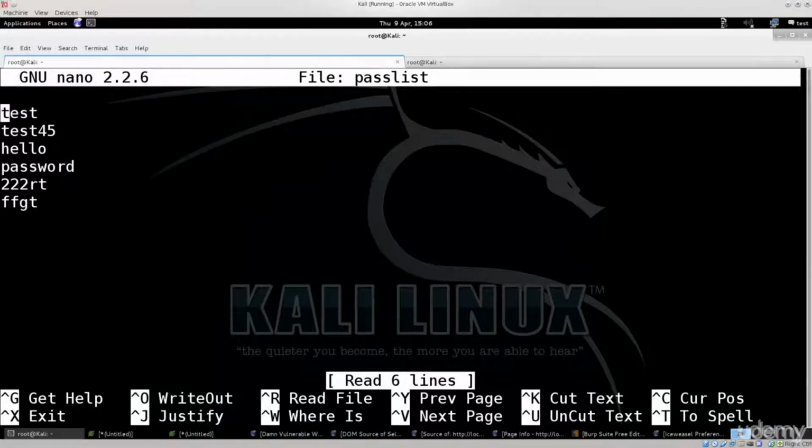Well, Hydra is notorious for not doing what you intended it to do. I mean, the tool does function, the tool is properly coded, the code is fine, but because of the parameters that people tend to pass to it, especially for HTTP and HTTPS versions of attack, when you are attacking a website login form,